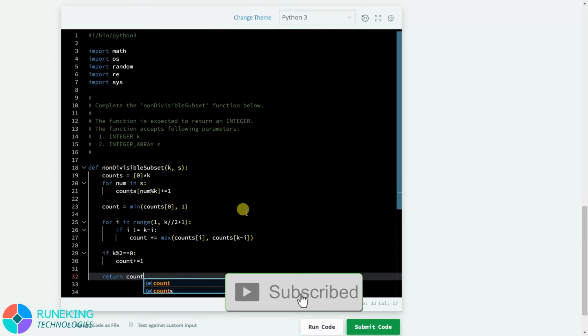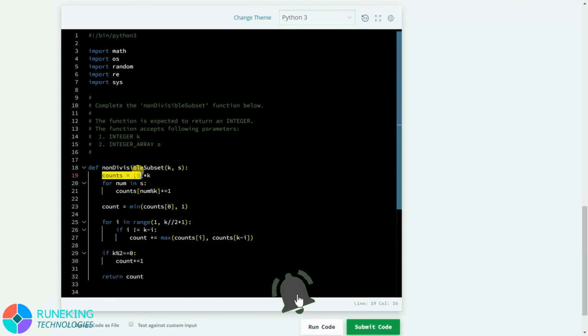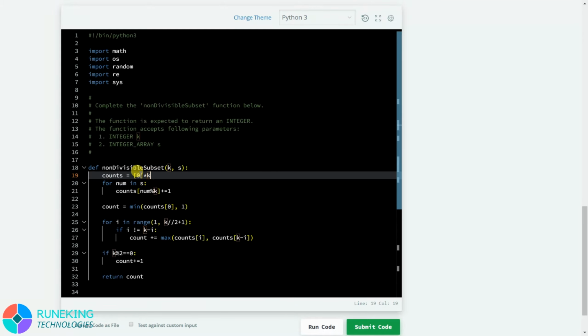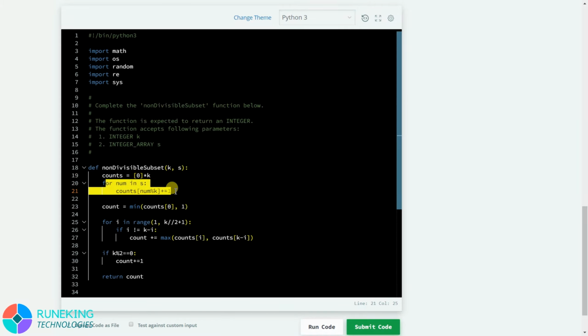So let me explain the code. First of all, we have taken a counts list, and the size of the list will be k, and initially all the values will be 0. Then we traversed the S list, and according to their remainder we increased the value in the remainder frequency list.